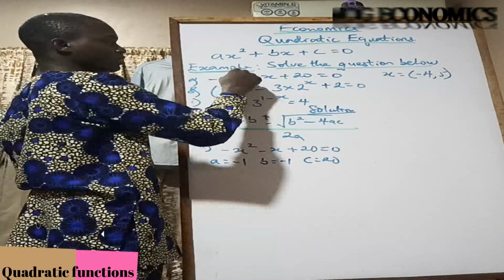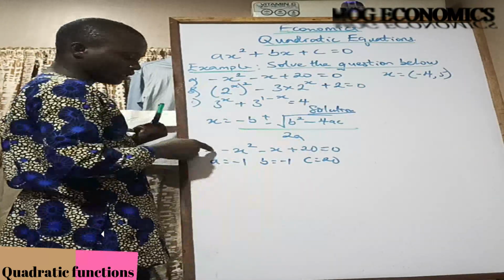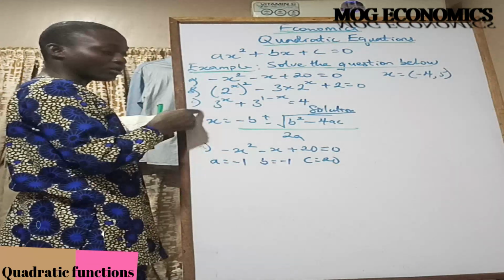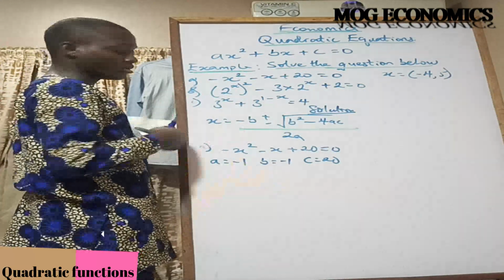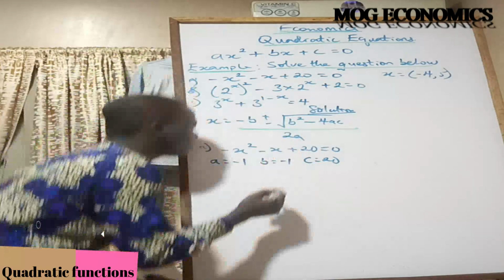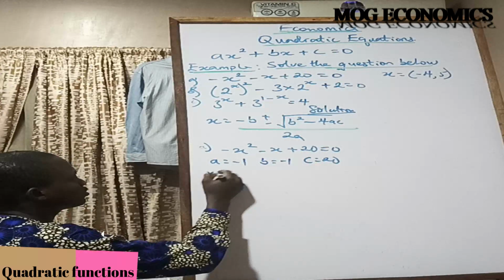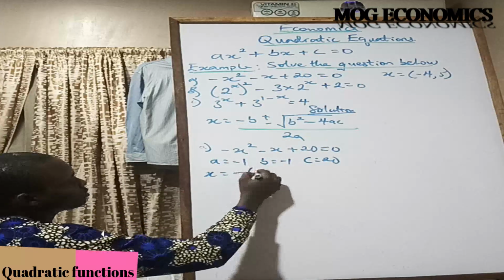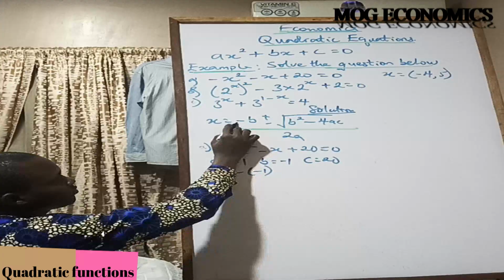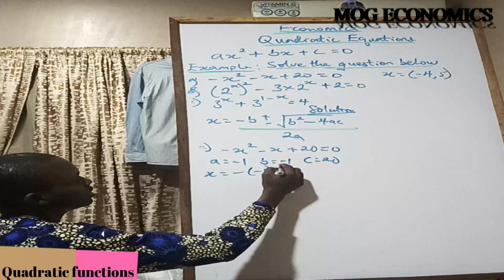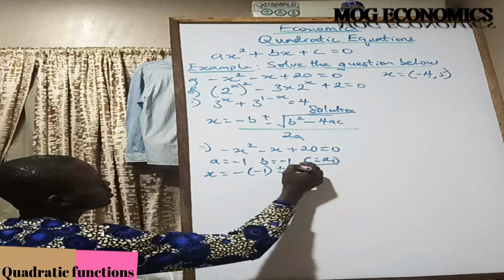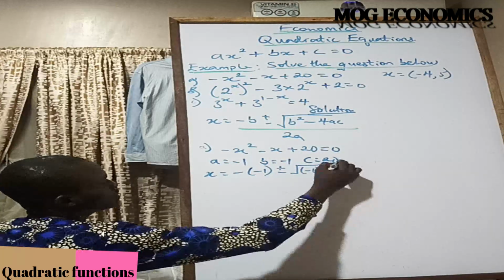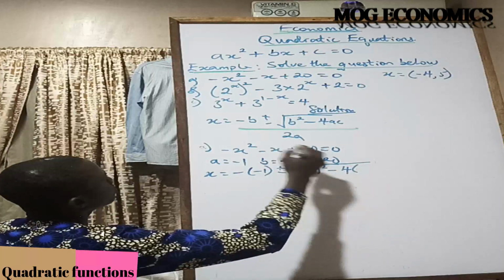If this were t, then instead of having an x here, we are going to have a t, the name of the variable you're looking for. So that's just the point. Applying our formula, x is equal to minus b, and b on its own is minus 1, so minus minus 1, plus or minus the root of minus 1 squared minus 4, where a is minus 1